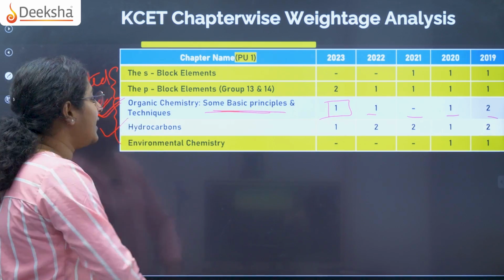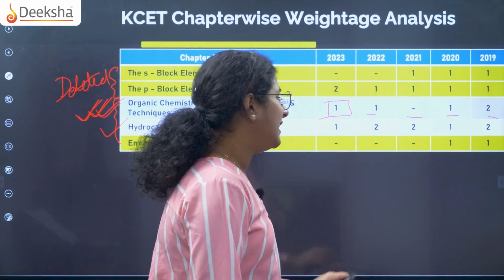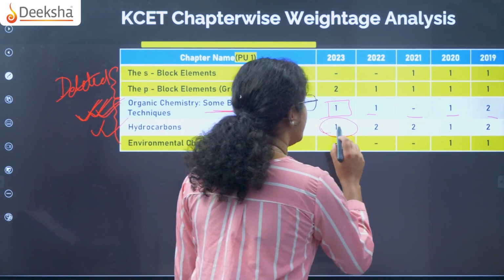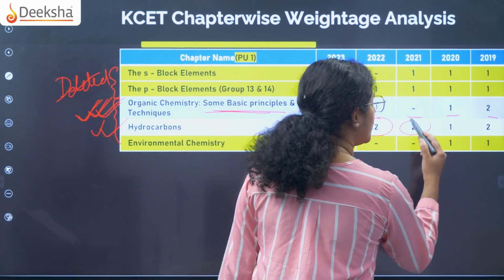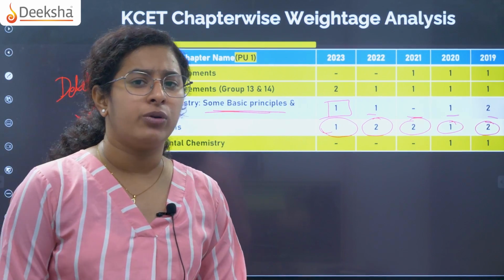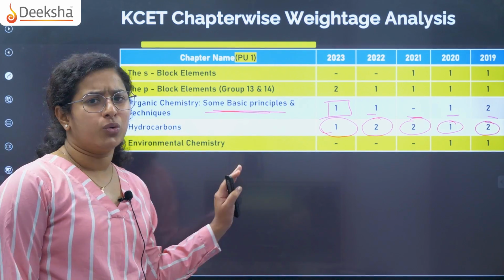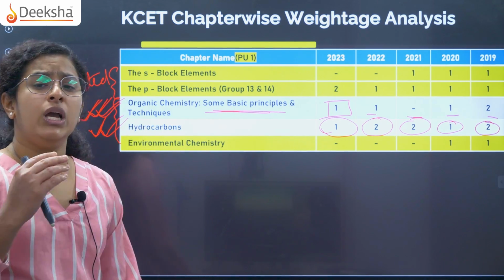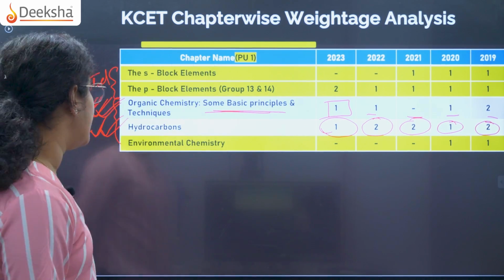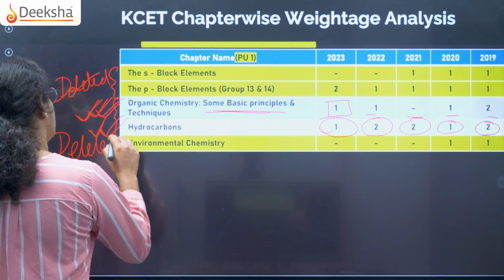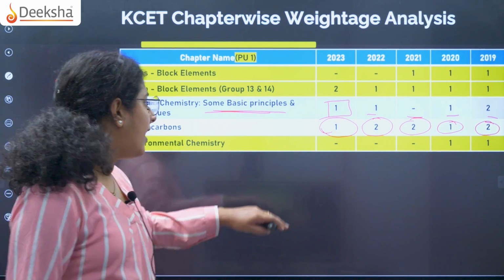Next one, when it comes to hydrocarbons, this is just like a could-do chapter. Why? Because you can expect 1 to 2 questions from this particular chapter. So hydrocarbons, you can expect 0 to 2 questions. So this will be a could-do chapter. Then when it comes to environmental chemistry, just neglect that chapter because it is already deleted, and in the last 3